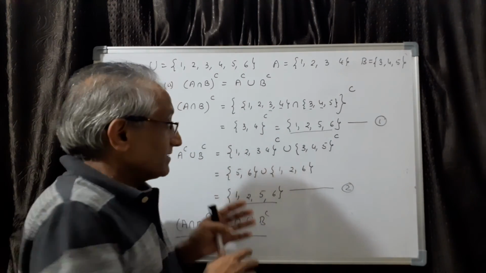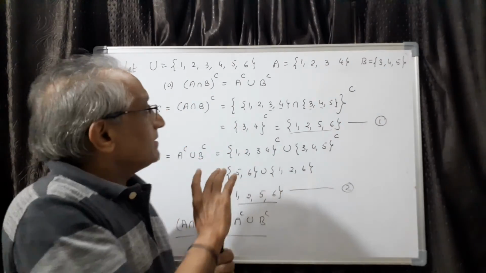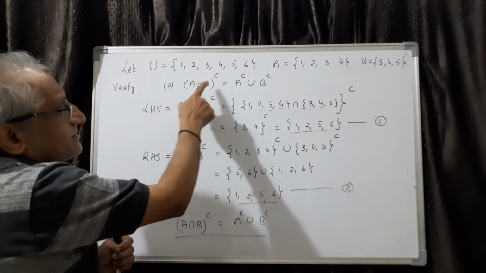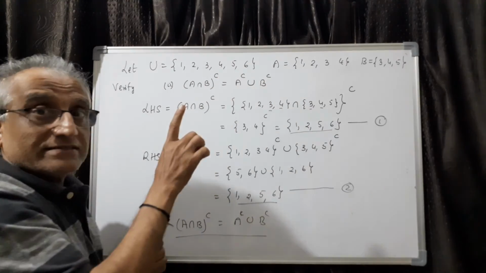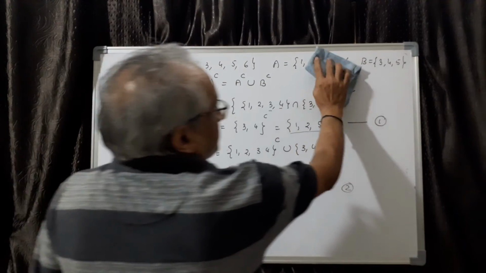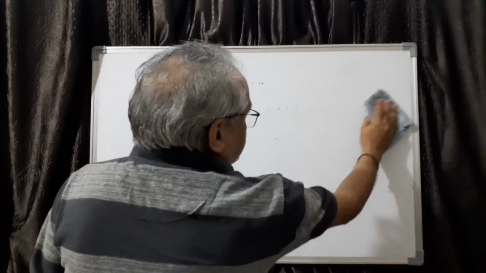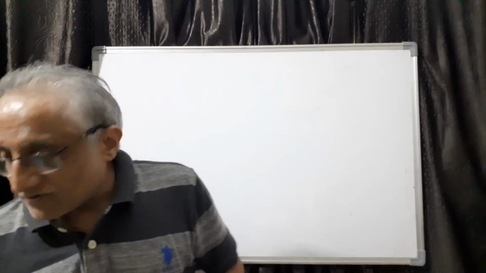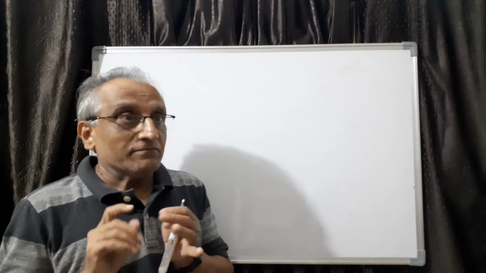Normally at your level what they give is some examples like this. Verify either the first one: here union, here intersection, here intersection, here union. So that's the only thing. And the complement after the bracket, here for individual set you have to put the bracket. So that is the meaning of complement of a given set. So this actually completes two aspects of operation. The first one is difference, second one is complement.